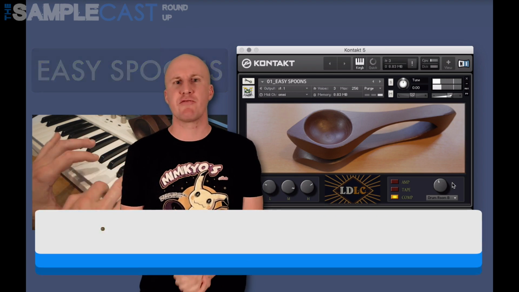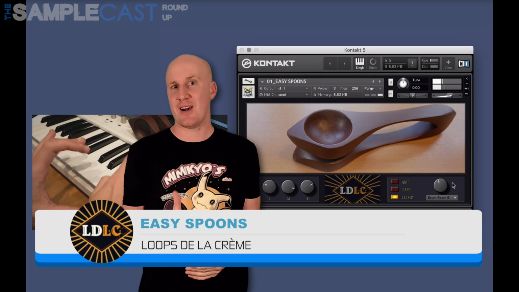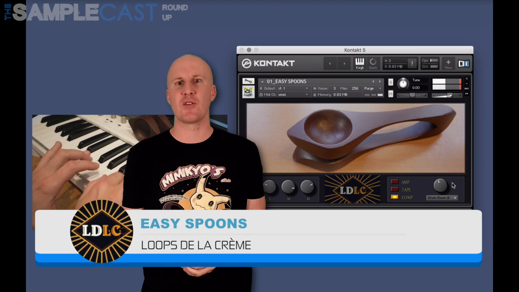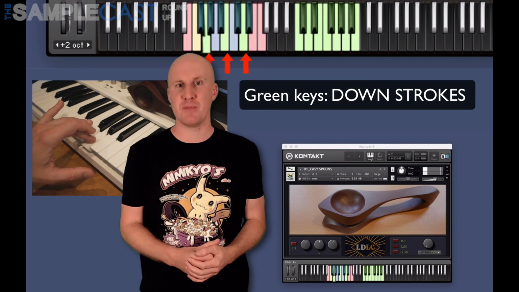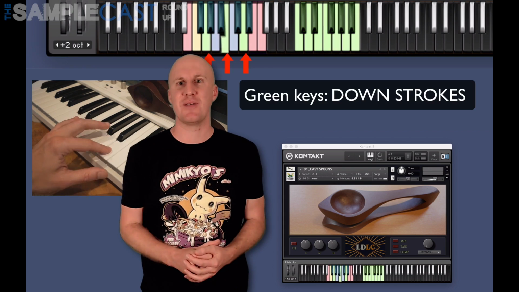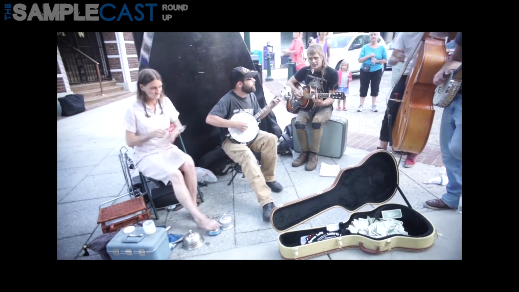From the sublime to the ridiculous, and this is Easy Spoons by Loops de la Creme. Now, my granddad used to play the spoons, and when I was a little kid I tried to play them too, and to be honest I failed miserably. So now I can pretend that I'm just as proficient as him with Easy Spoons. Well,